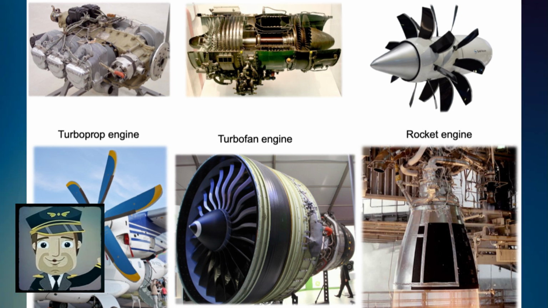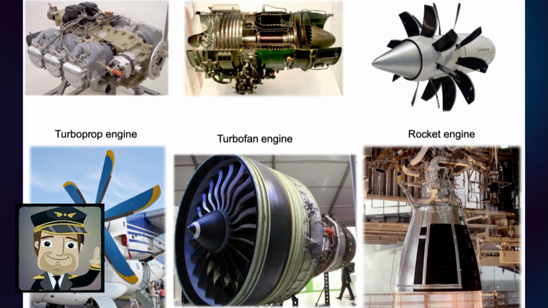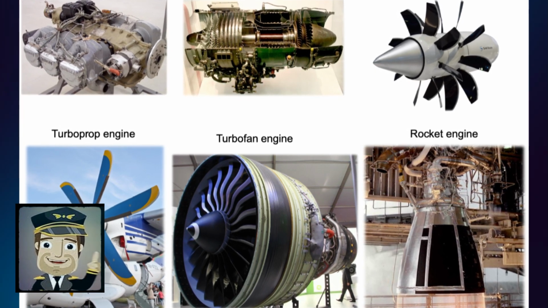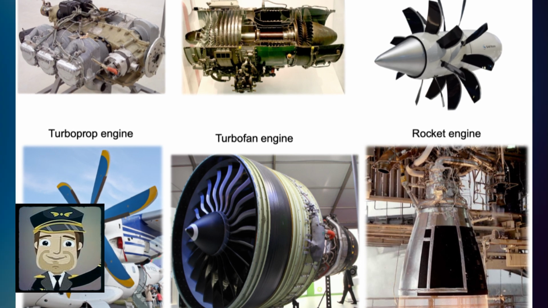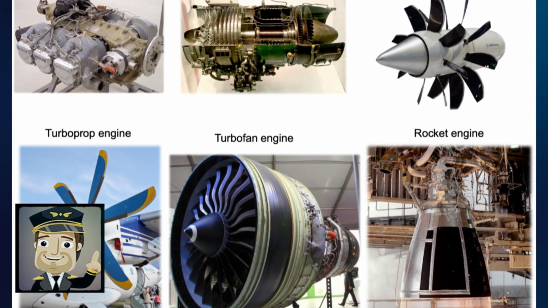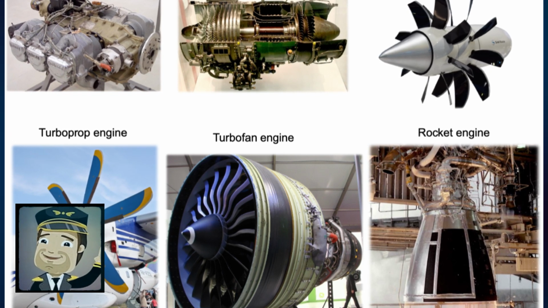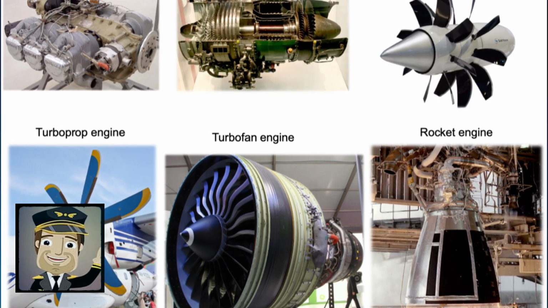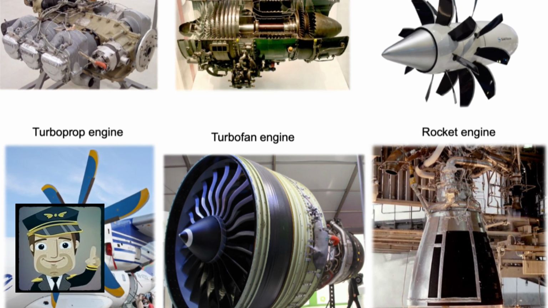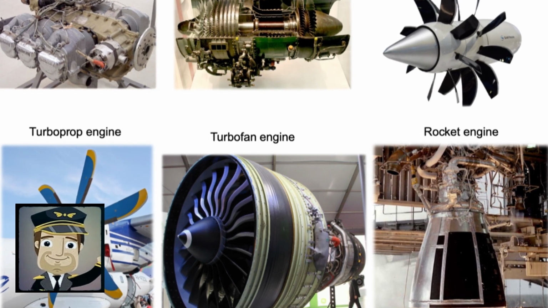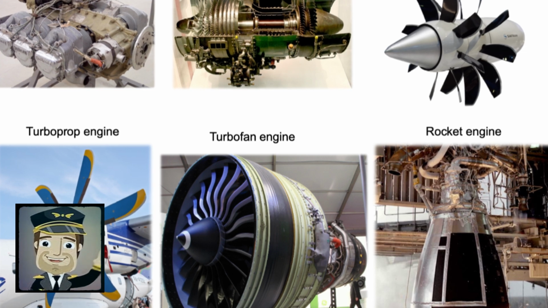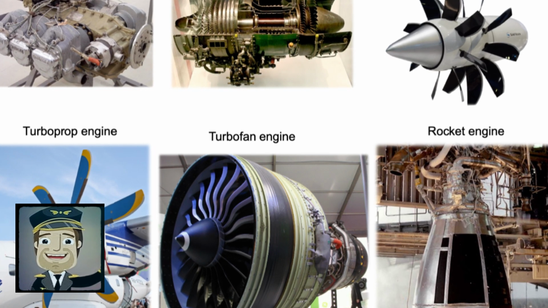Ramjet: a simple jet engine that relies on the speed of the vehicle to compress incoming air. It's typically used at high speeds where ram compression is sufficient. Scramjet: a type of ramjet that operates at supersonic speeds, allowing combustion to occur even at high velocities. Air-breathing engines are commonly used in aircraft, while rocket engines are used for space travel and other applications requiring high